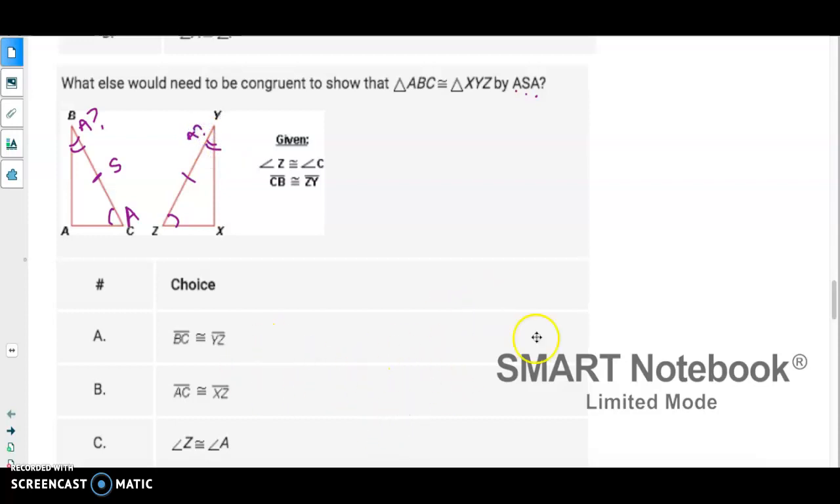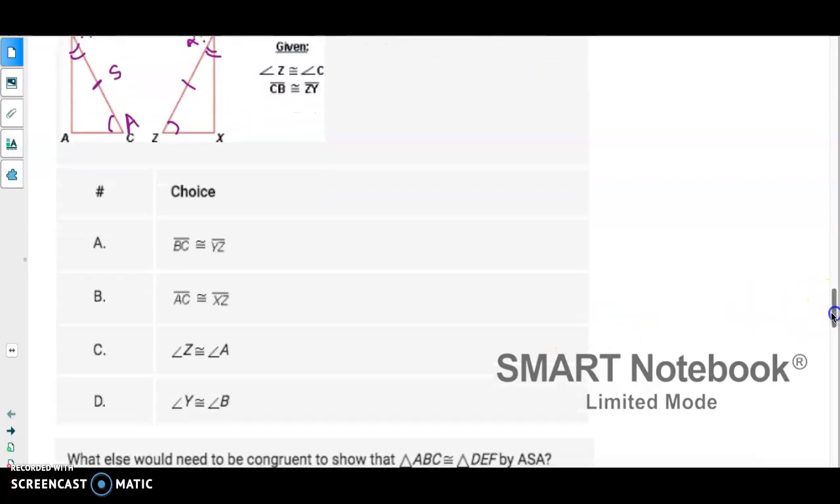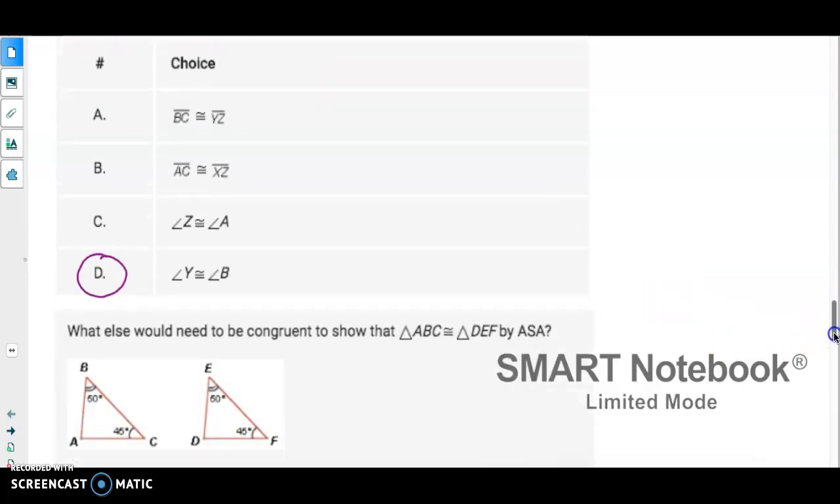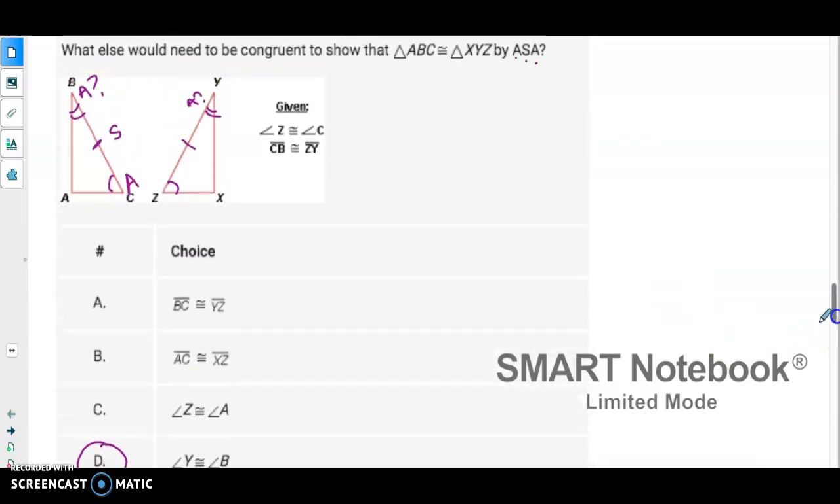Okay, so here I need to look to where that would be. Angle Y is congruent to angle B. This is the only one that would make it angle, side, angle. If we found this one over here, it would be angle, angle, side, and that does not work for this one. It's asking for angle, side, angle. So those are a couple that are just for